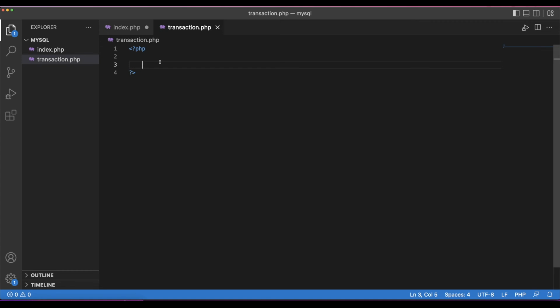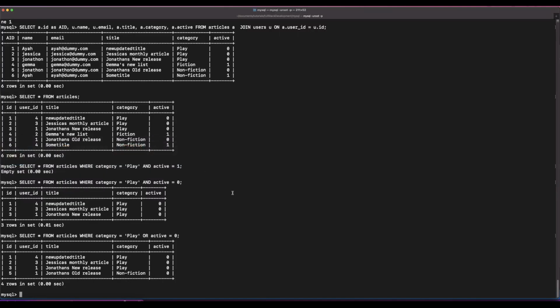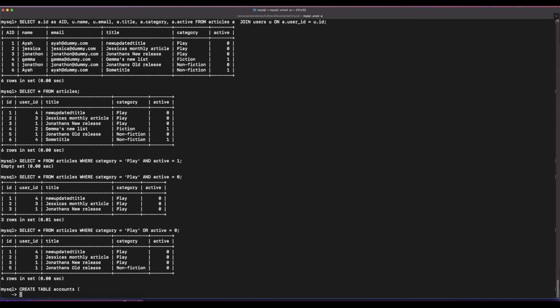So in that case, you would use something like transactions, which allow the commands to run in a specific order, and they only run once the previous command is successful. I'm going to give you a few examples, and to do that we'll create a new table. So we'll do create table, and we'll use the bank example here. We'll create a table called accounts, and we'll give it a